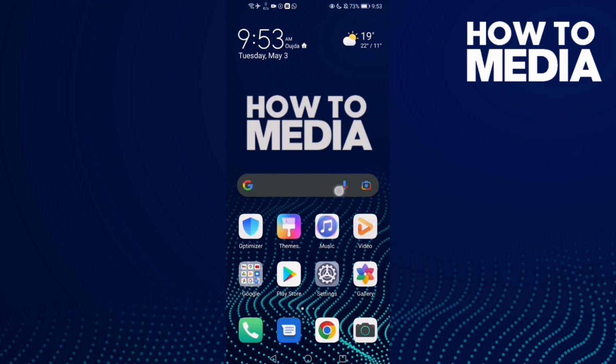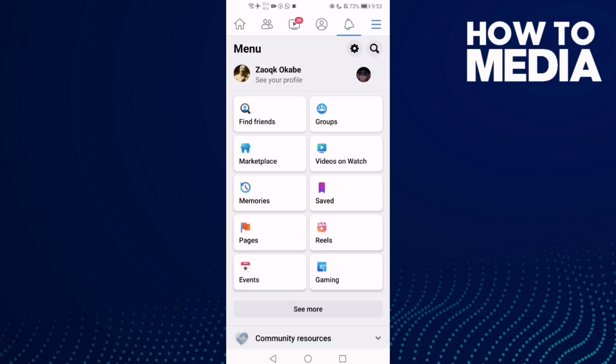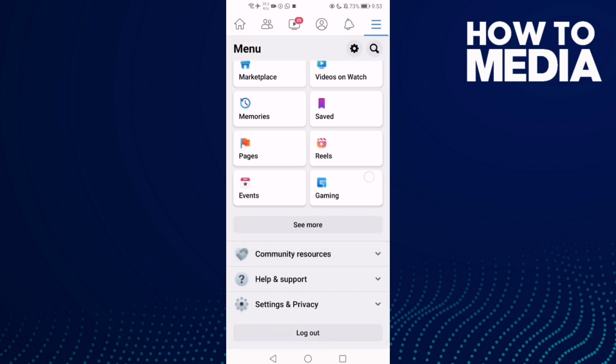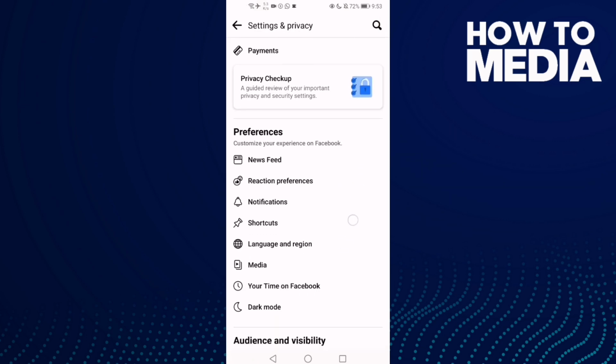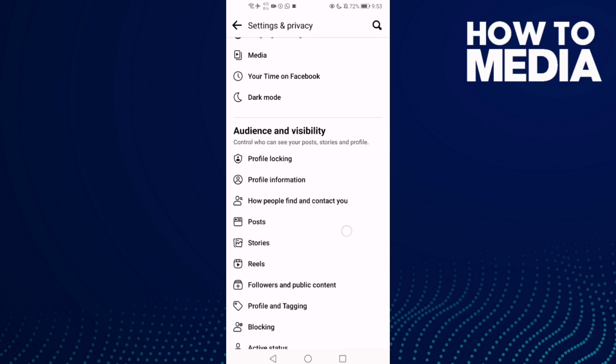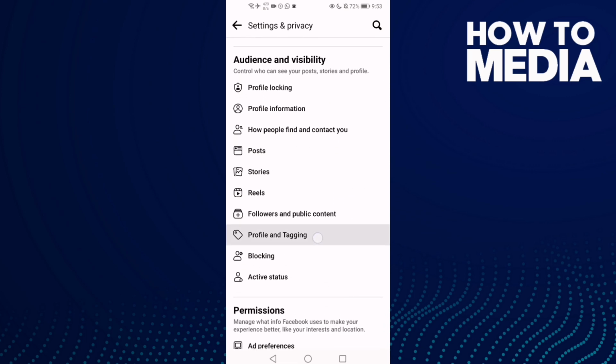First thing we're gonna do is go to Facebook and then click these three lines here and go down until you find settings and privacy and click settings and go down until you find this one, profile and tagging. Click on it,